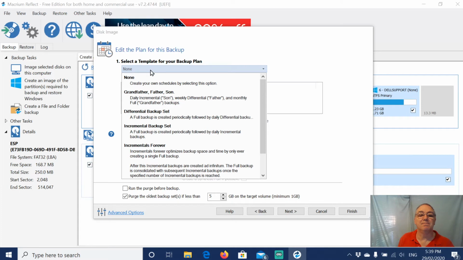Now, a differential backup set is a full backup once a month and differential every day. So what's different? If you want to do daily backups, that's the one I would click on. If you want to just do a weekly backup of the changes on your machine, I would click on the top one and delete the incremental part, which isn't going to work. So